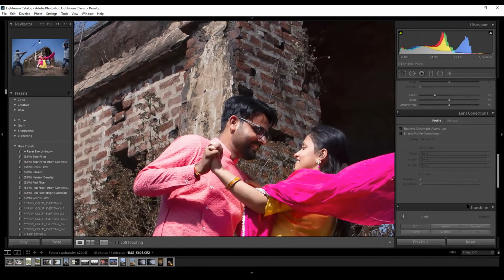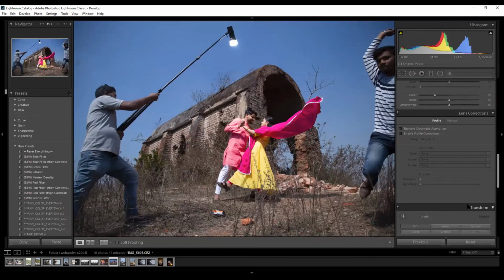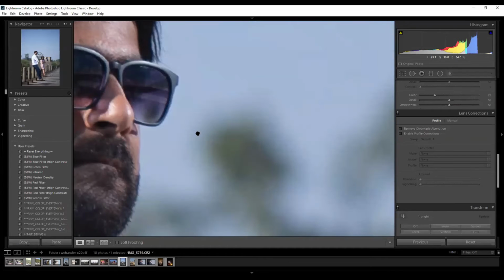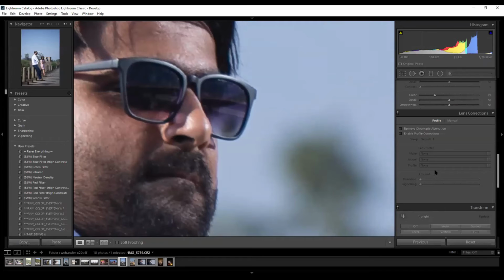Now let's come to the lens correction. Lens correction is basically every lens has its own way of color calibration or color calculation and distortion calculation. So whenever we take wider aperture photos, if there is any fringe in the photos, I can easily tell you. Yeah, see, suppose I take remove fringes.